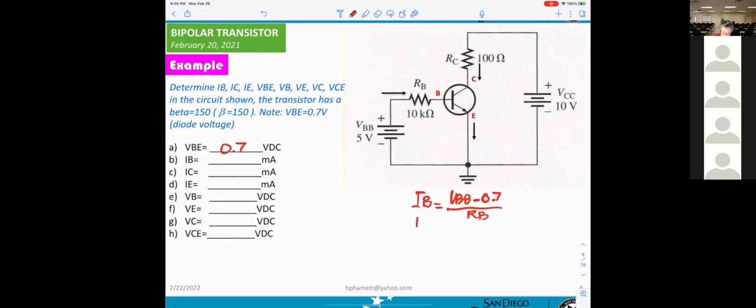And if you want to calculate the IC, beta times IB. If you want IE, just a formula: 1 plus beta times IB.